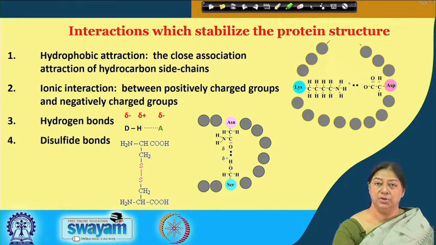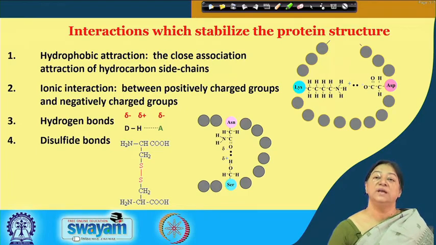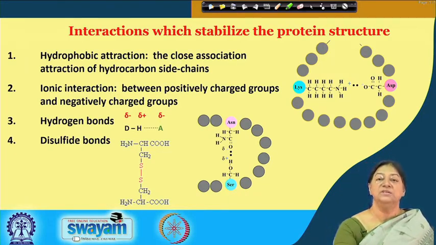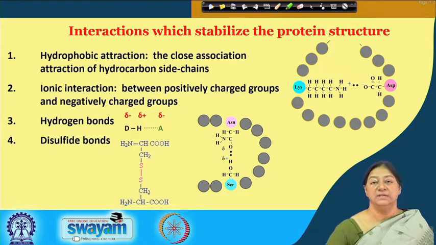In addition to these non-covalent interactions, the covalent interaction that is present in proteins is the formation of disulfide bonds, which we discussed in an earlier lecture. So, apart from the peptide bonds that are covalent bonds holding the different amino acids together, there are also disulfide bonds that can link different faraway parts of the protein together because of two cysteine residues forming this disulfide bond.